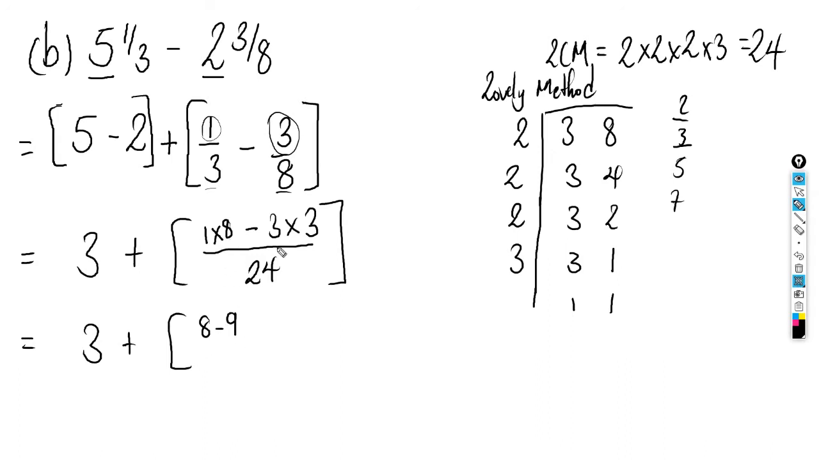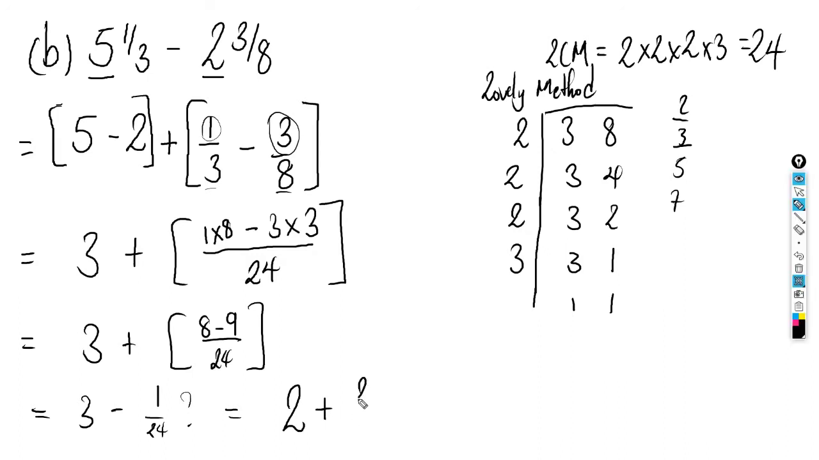1 times 8 gives us 8. 3 times 3 gives us 9 over 24, right? So we're going to end up with 3 minus 1 over 24. So what do we do now, guys? What we're going to have to do is take 1 over 24 out of this 3. So we're going to break up that 3. We're going to take 1 whole out of it. So we're going to get 2 here